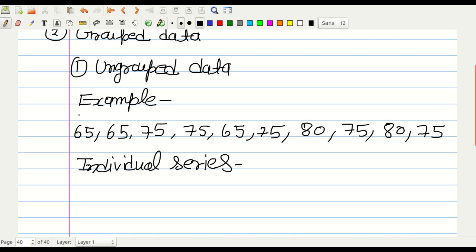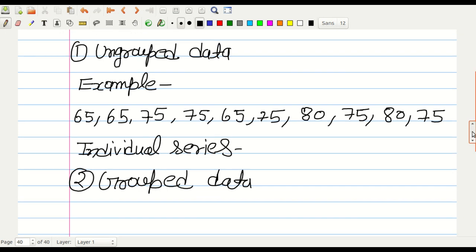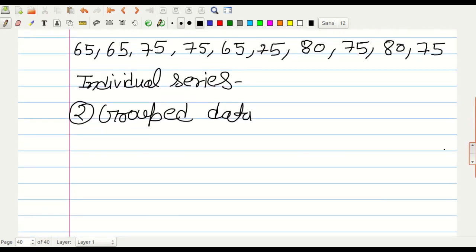Now I am going to explain group data. So what is group data? Group data are classified into various groups, and a table will be formed. So let us see here. In group data